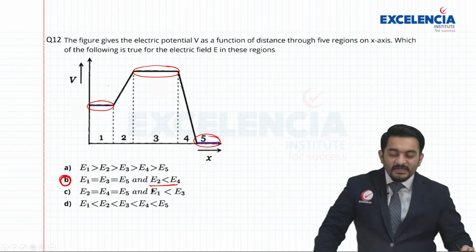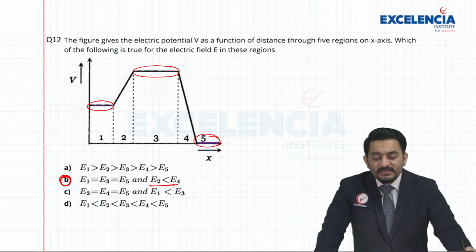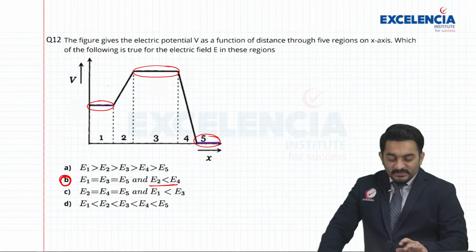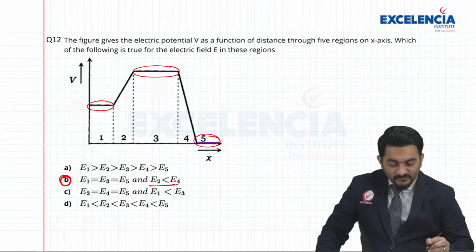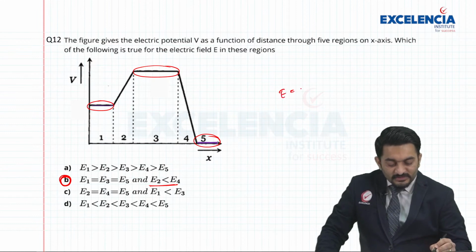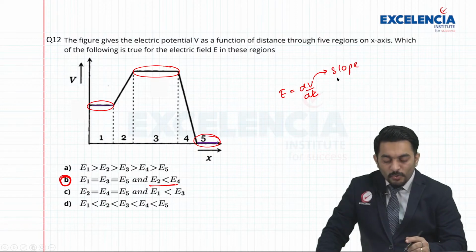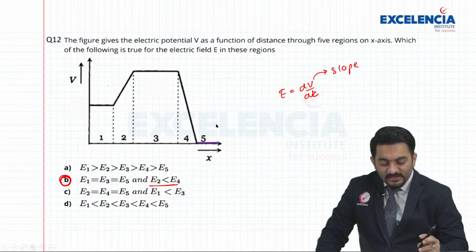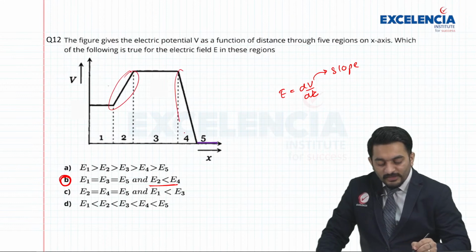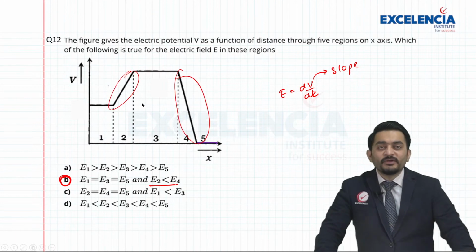solved that option B is correct, but how can you see that E2 is less than E4? Because of the slope of this graph. If you look at the electric field relation, dV by dr is nothing but a slope. That means the slope of the second and fourth line is going to give you the value